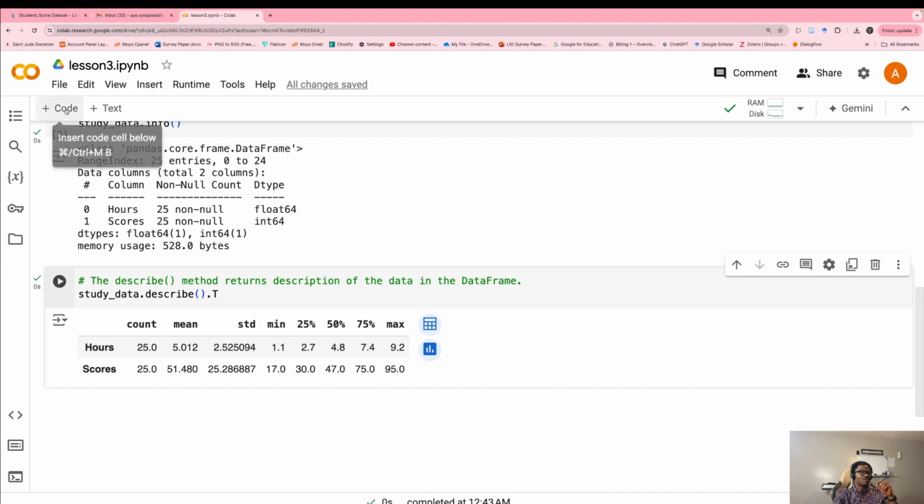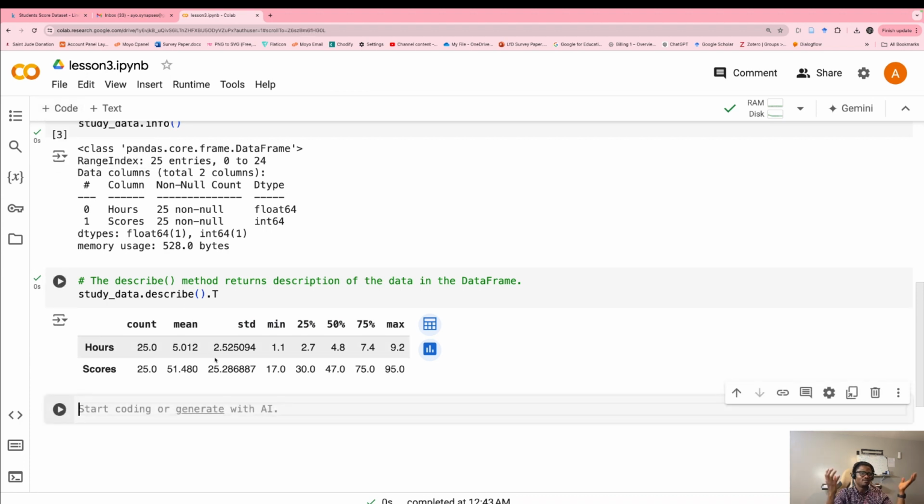Okay, so now let's just visualize. We've not even started training the model. We are just trying to explore what is inside our data, because like I said, data is very important, so you need to know what is inside your data before you use it. So now let's do some plotting.